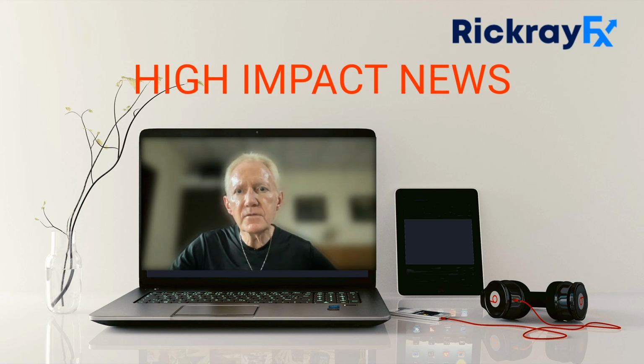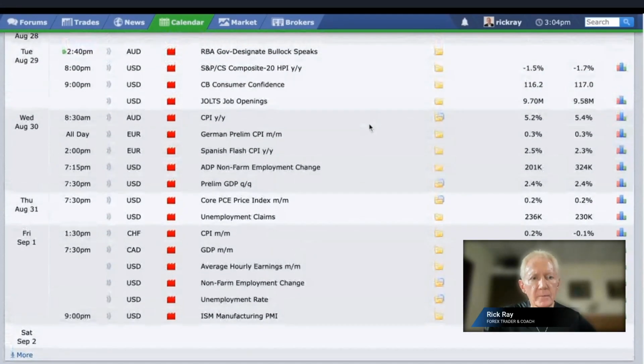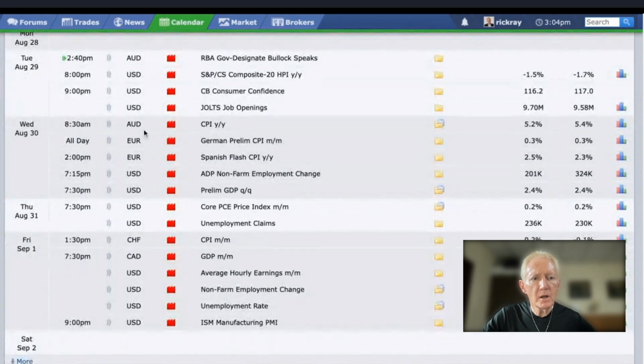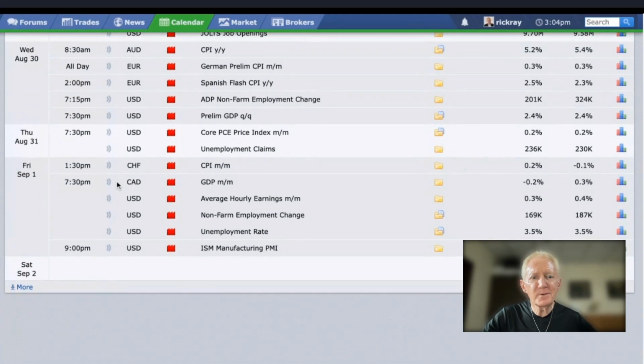This is forexfactory.com, which I always look at to find out what's coming up for the week. We have nothing on Monday, and then something on Tuesday on the Australian dollar, then the US dollar, and on Wednesday, the Australian dollar again, a little bit on the euro, and more on the US economy. And then on Thursday, the weekly regular item, the unemployment claims, which can be a big mover and shaker.